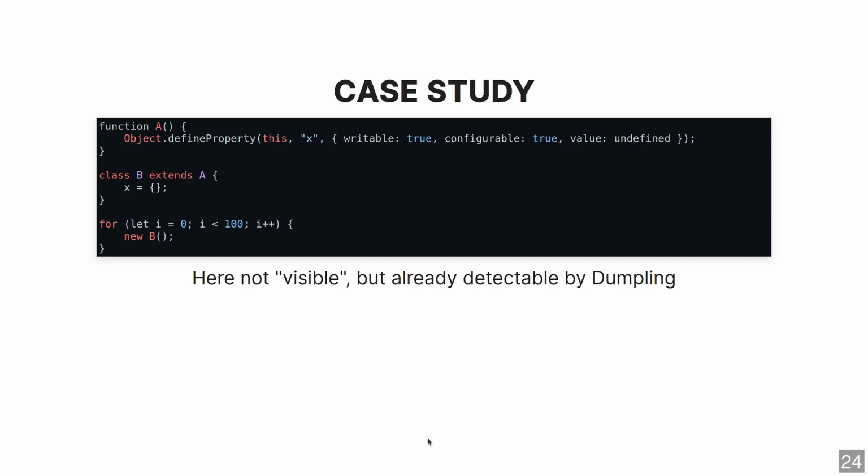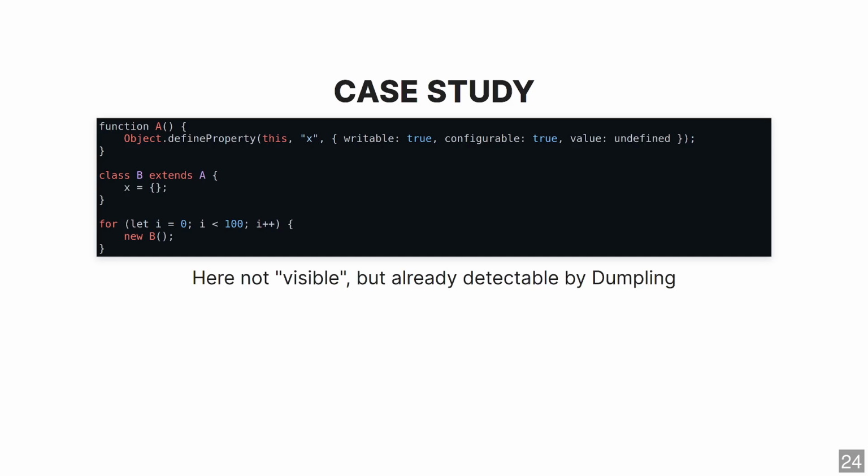To give you one example of a bug that Dumpling found, we have function A. The details of the bug are not that relevant, but just to see what's going on here, it sets writable and configurable properties of a member of this A. In JavaScript, functions are also objects, and with just this small snippet of JavaScript, Dumpling is already able